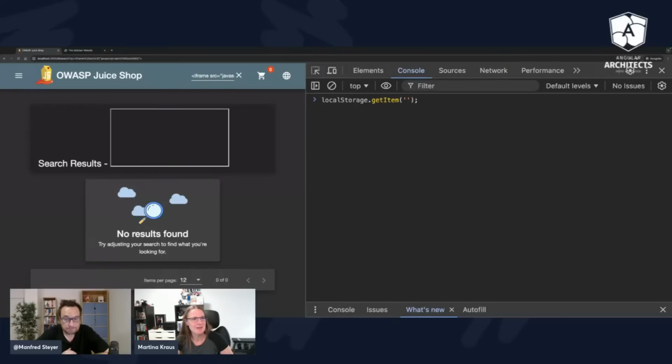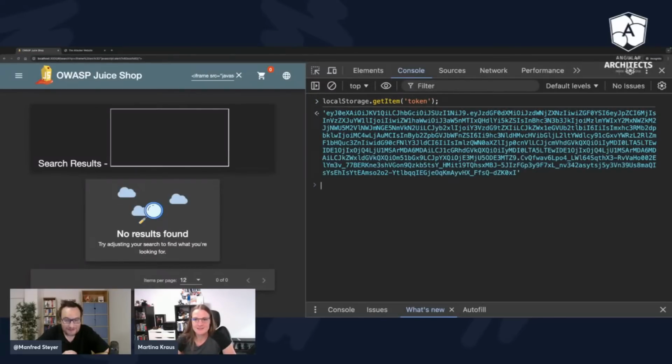I mean, Manfred, do you remember the key where you actually store the Bearer token? I'm not sure. Perhaps it's token or bearer token or access token or ID token, something like this. Absolutely right. I mean, the most common thing is to have it inside token. And here it is, and apparently Choose Shop also stores the Bearer token inside the local storage.